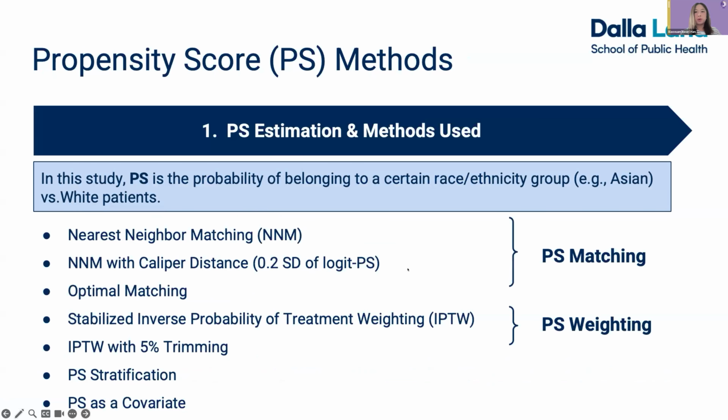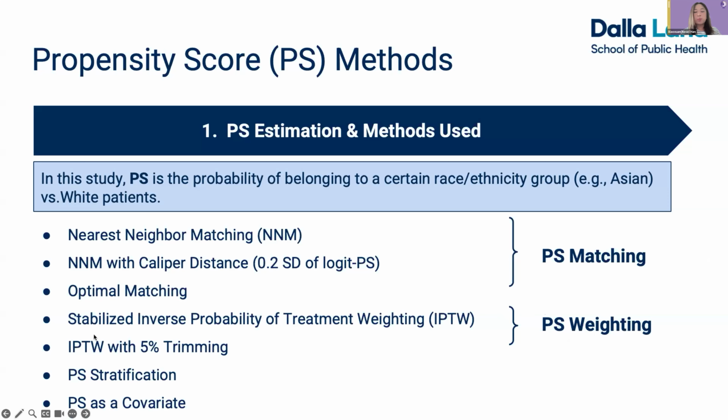And now this is the most interesting part of the study, which is looking at the propensity score methods. There were 7 propensity score methods used, which were split into different categories of propensity score matching and propensity score weighting. For propensity score matching, first of all, propensity score was defined as the probability of patients belonging to a certain race ethnicity group. For example, if there were Asian, then what's the probability of them belonging to an Asian